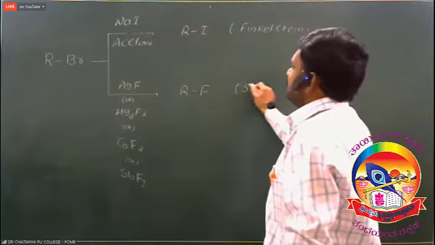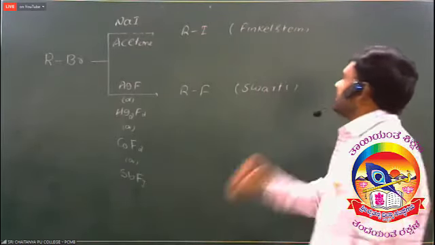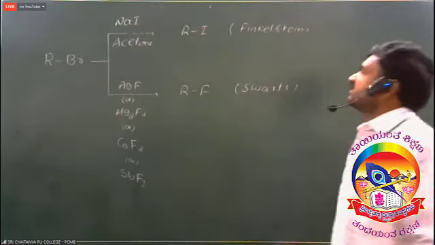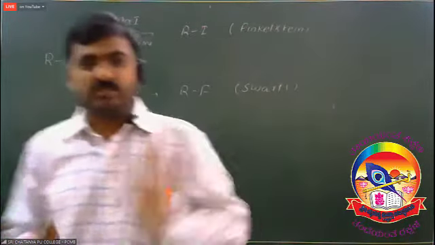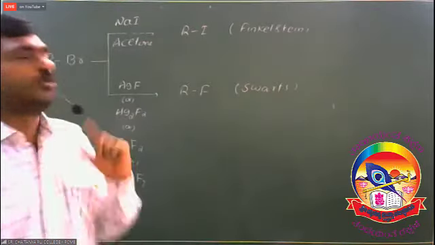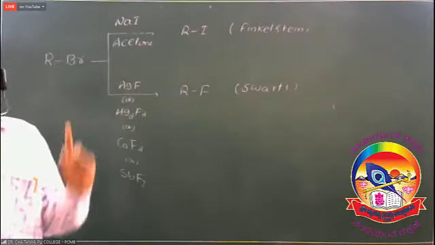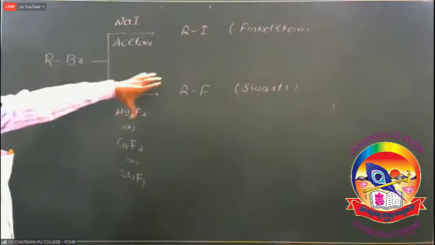Next, the second one is the Schwarz reaction. The first one is the Finkelstein reaction. Both the reactions are very, very important. All the named reactions are very important. So Schwarz reaction, Finkelstein reaction, Gross process. What is a Lucas reagent? Okay. So what is a Finkelstein reaction?